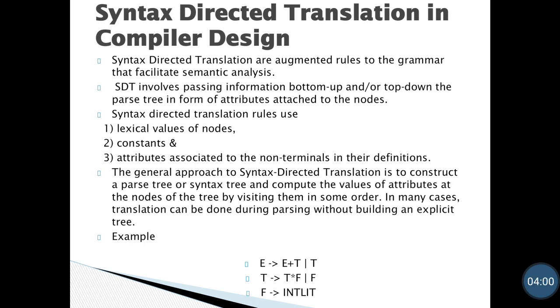Syntax directed translation involves passing information bottom up and or top down the parse tree in the form of attributes attached to the nodes. Syntax directed translation rules: first, lexical value of node; second, constant; and third, attribute associated to the known terminal in their definition.